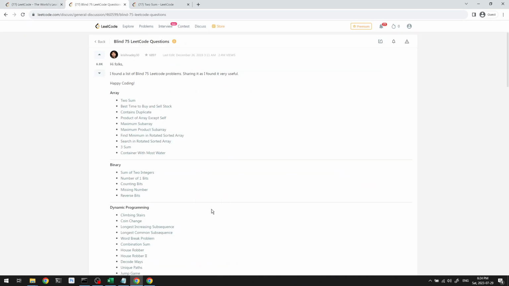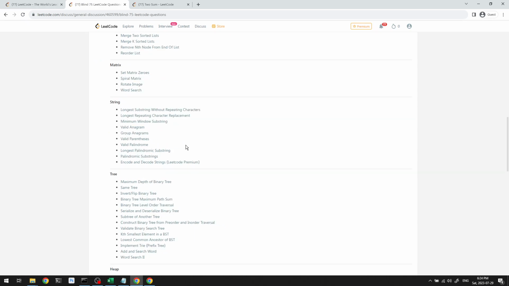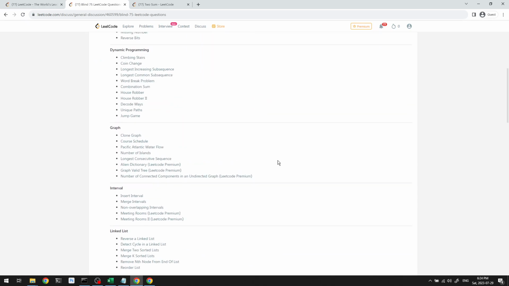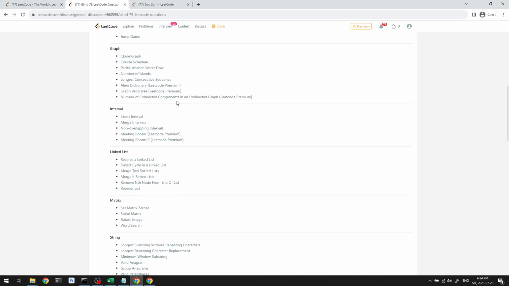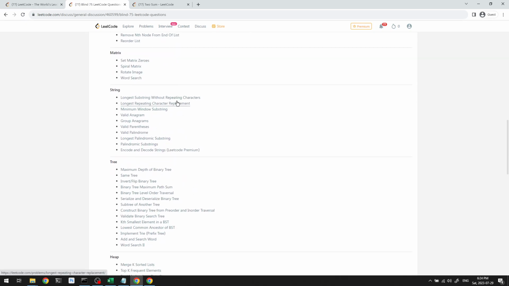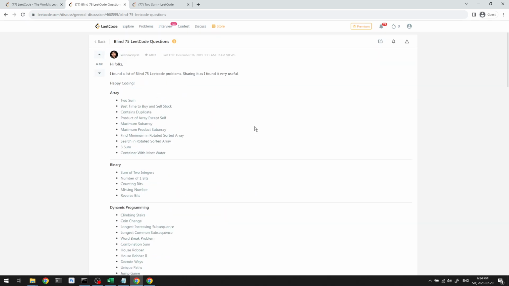For me, I've always found the most success following the Blind 75 Leetcode list. These are basically the list of 75 problems that cover most data structures: graphs, DP, matrix, string, tree, whatever. And I basically just expand on this one. So I have around 80 or 90 questions. I use most of these and then add in some of my own. I don't do the binary ones. I find that it's not really helpful and you rarely get asked binary. So it's mostly the 75 minus the 5. So it's 70 and then 20 of my own problems that I found on the website. We'll basically be going through that in this series.